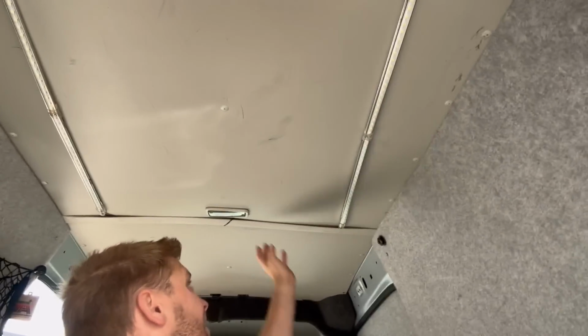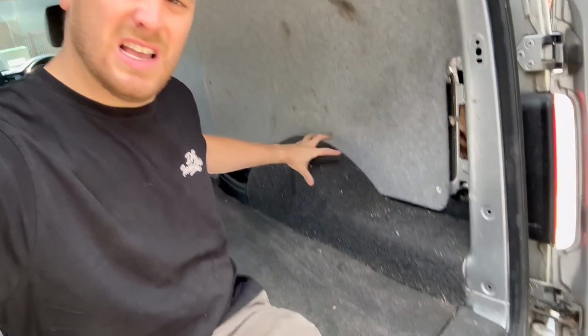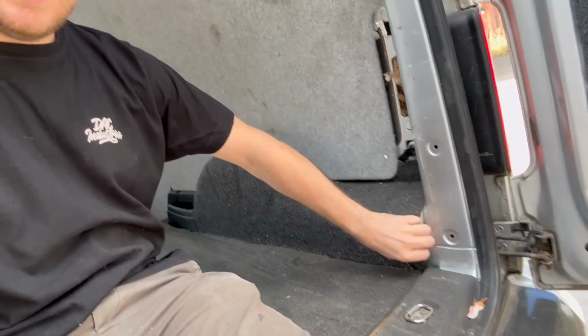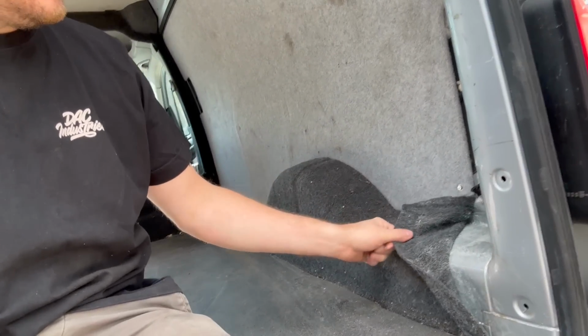Right, in the back is where the funny business starts. On the listing of this van, it said that it was sound deadened, insulated, and it had a camper conversion in it. So we've got some lights on the ceiling which are activated by the interior light, which we will obviously be redoing. It's got grey carpet on the walls. This on here, I don't know who's attempted this, but